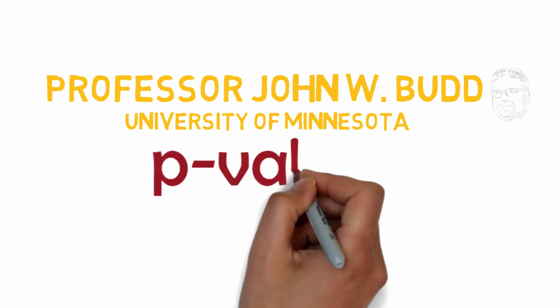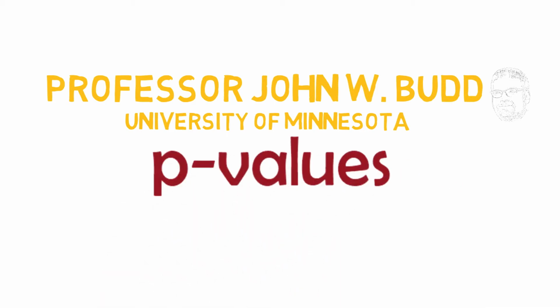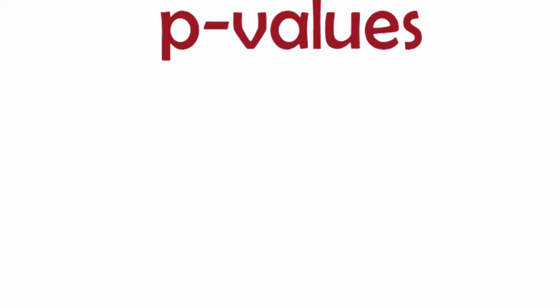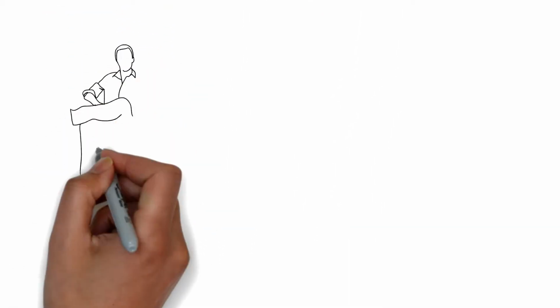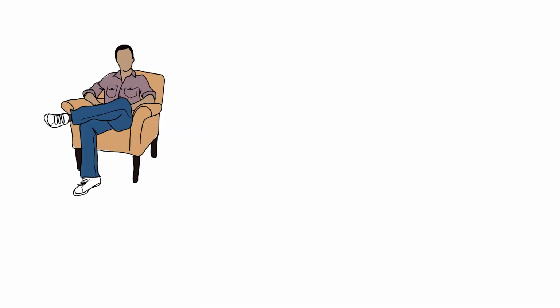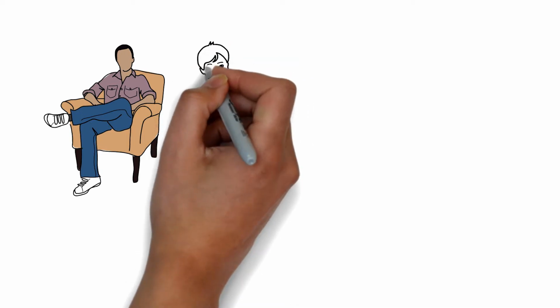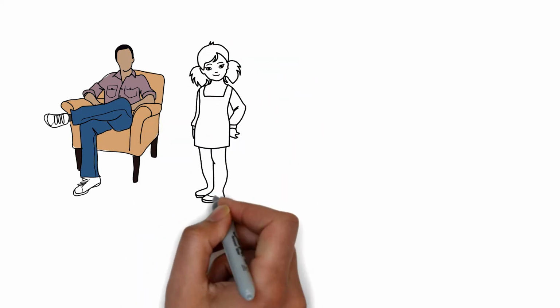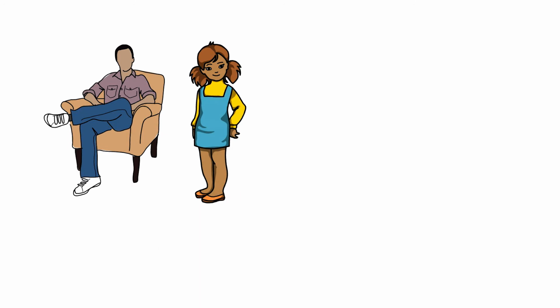The use of p-values in hypothesis testing is a very important and useful concept in statistical inference. But let's start with a non-statistical example. Suppose a father tells his daughter that she can't play rugby that afternoon. Now, this isn't a sexist story. Girls can certainly play rugby, but it's just that she's not going to be supervised that afternoon and he doesn't